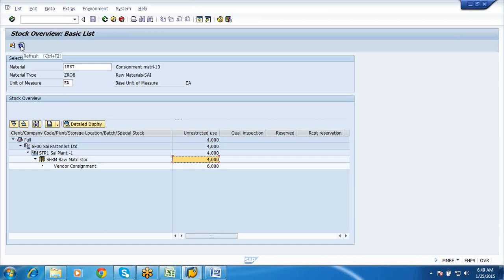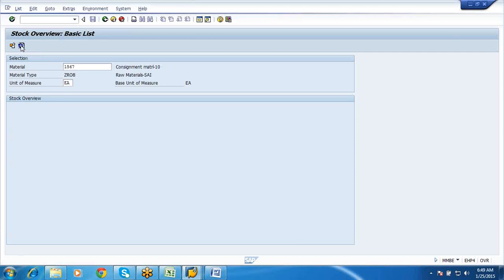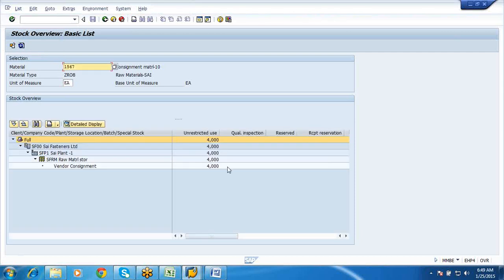Okay, I'm just refreshing this. So this is getting changed in the vendor consignment. It is getting changed in vendor consignment because we had used movement type 201k.